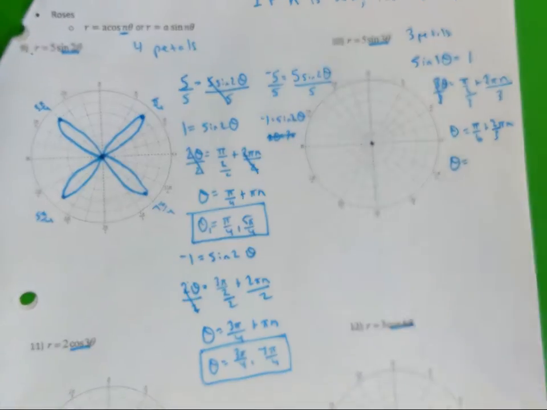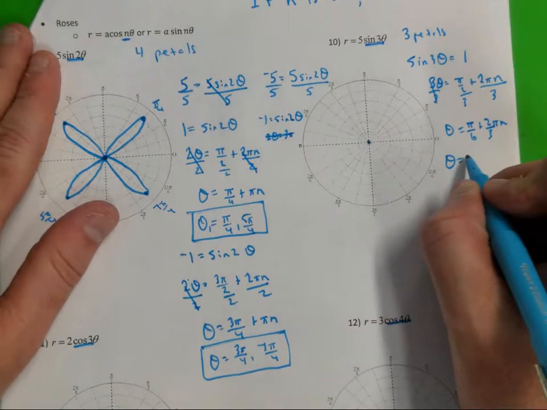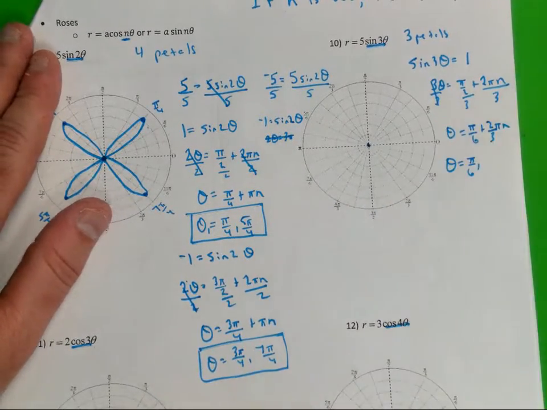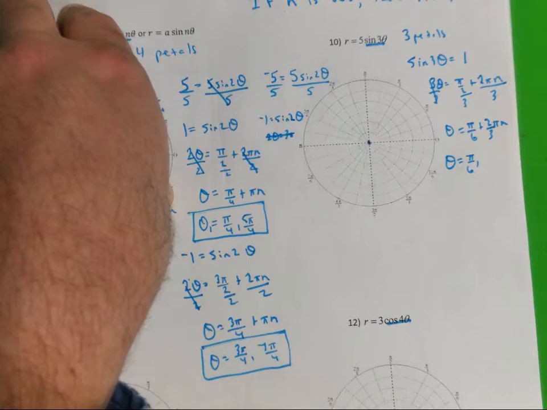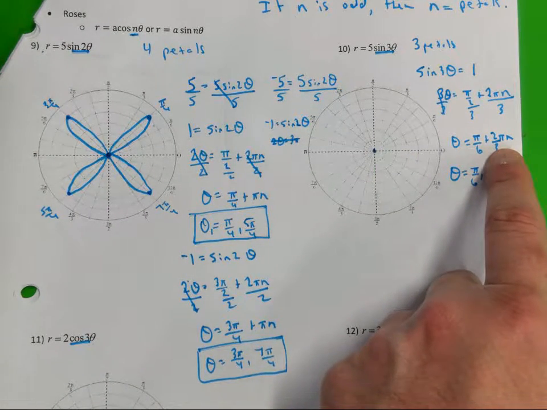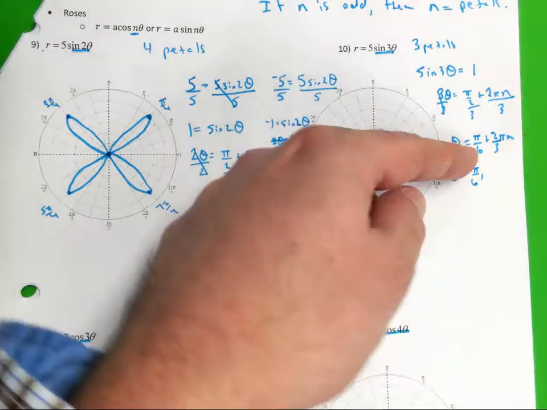Because, guys, we are only doing one equation and we have 3 petals, how many answers do you think you need here? 3, because you got 3 petals. Does that make sense? If I plug 0 in, what's my first one going to be? Pi over 6. I plug 1 in. Now, I can do this in my head, but you might need to type this in the calculator. If I plug 1 in, that's going to give me 2/3 right there, isn't it? 2/3 plus 1/6. That's going to give you